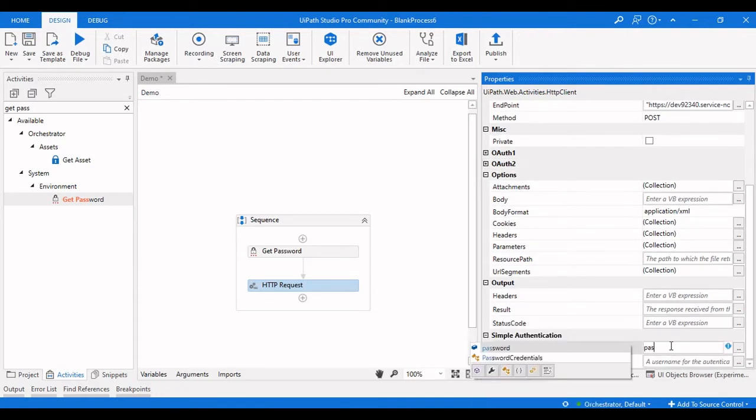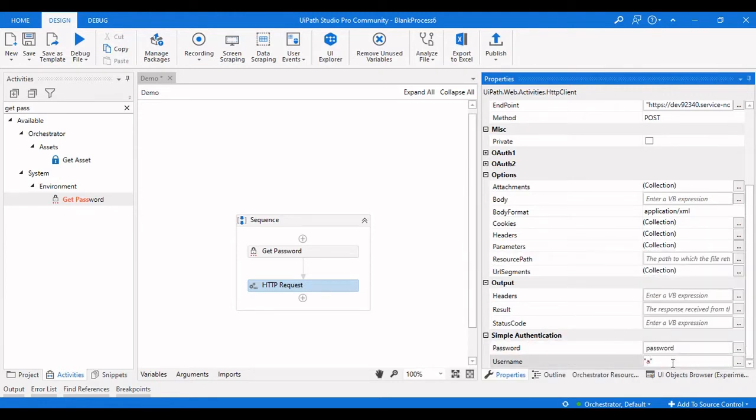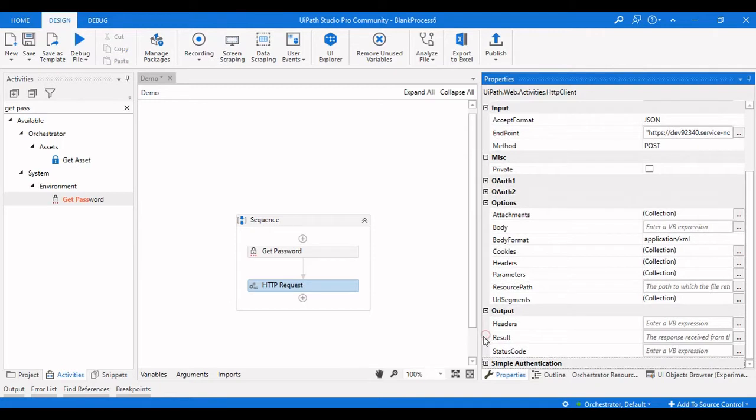We are just passing the simple authentication here. So you need to provide the password and the username of your instance, and my username is admin. So I'm passing the admin and the password. I just passed it as the simple authentication. So that step is finished. Once that is finished,